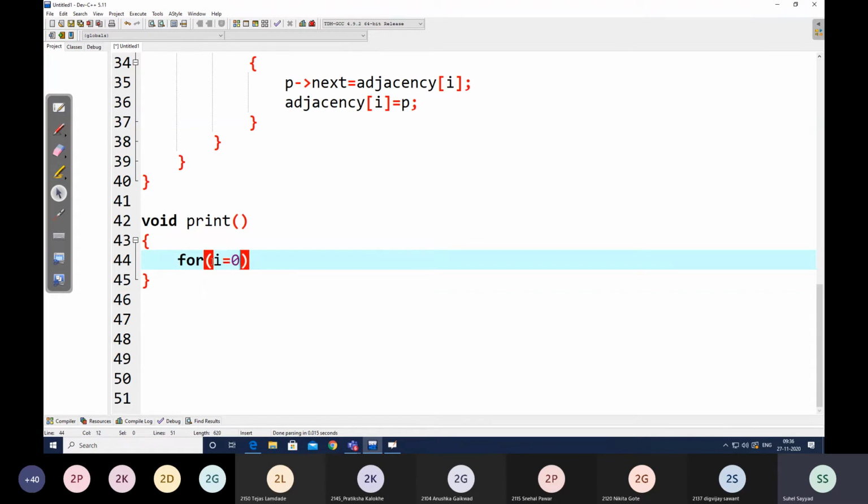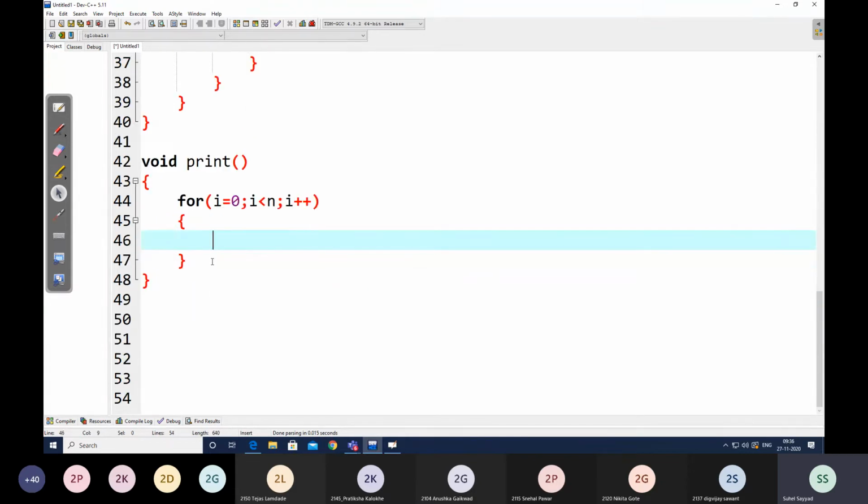So for i is equal to 0, i less than n, i plus plus. And inside this I will have the logic of my traverse for n linked lists. So how do we traverse?